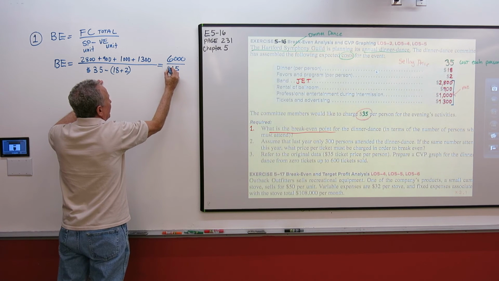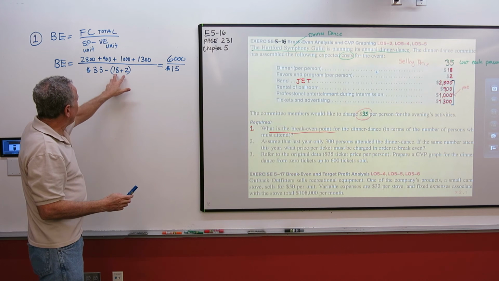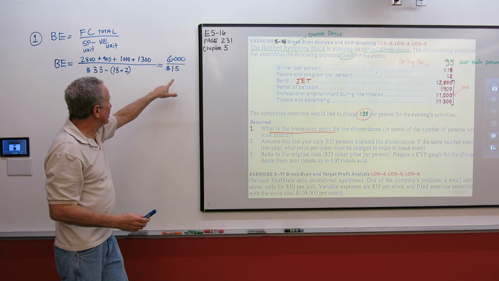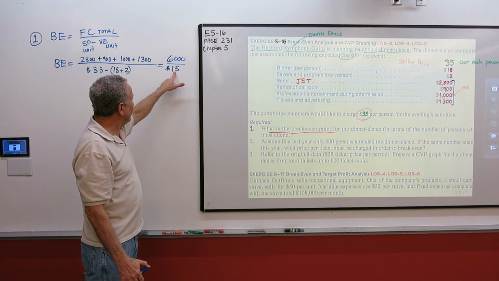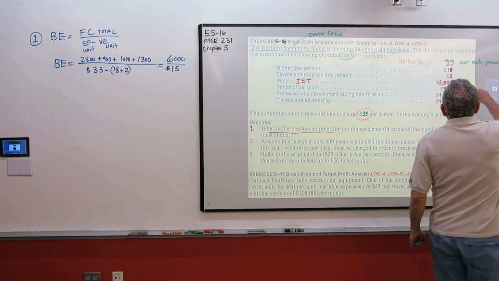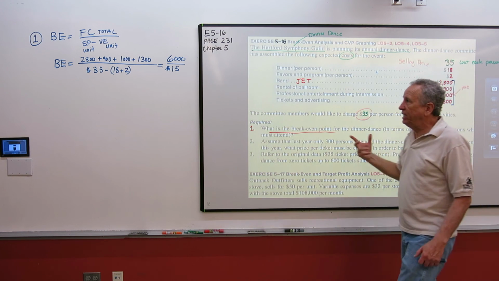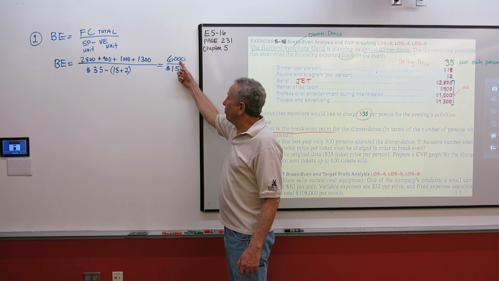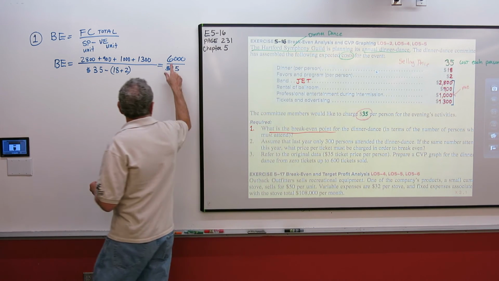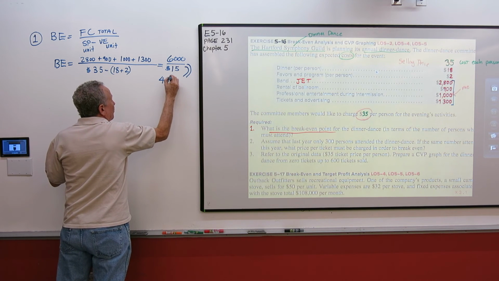Yeah, $15. And once again, do you see how this is the contribution margin? 35 minus all variable costs, that's contribution margin. All we're asking is, every time somebody comes to the dance, you don't get $35. When they come to the dance, immediately $20 of that disappears. So every time somebody comes to the dance, you get 35 minus 20, you get 15. How many 15s do you need to cover all those costs? Well, in this case, 15 into that, that's going to be 400 people, isn't it? So our answer is 400 people